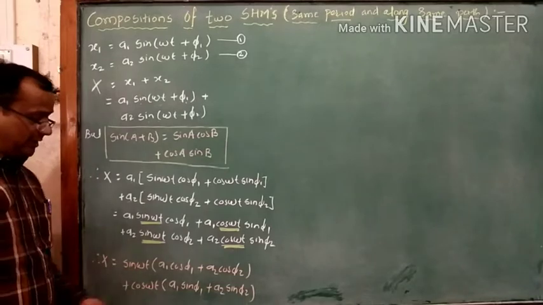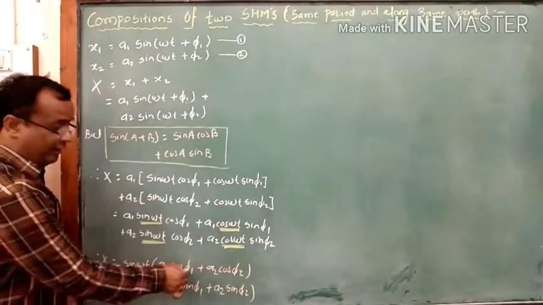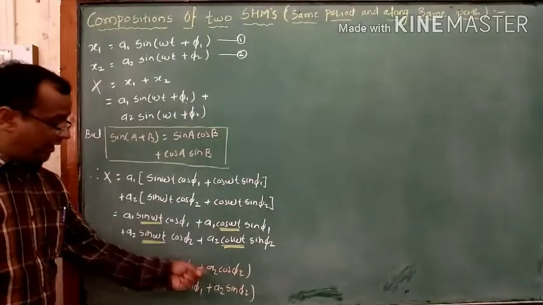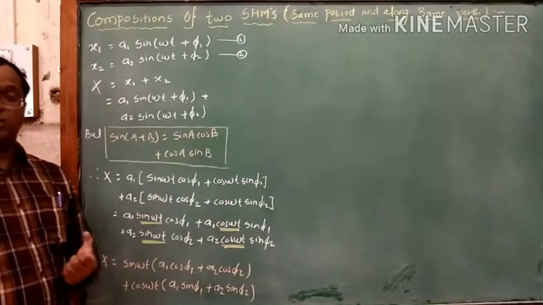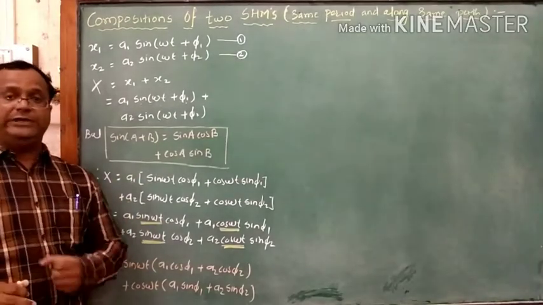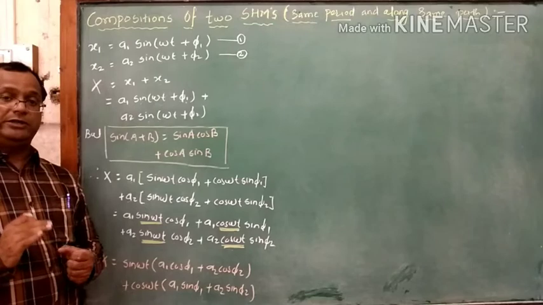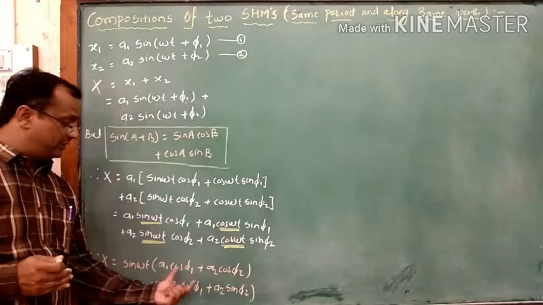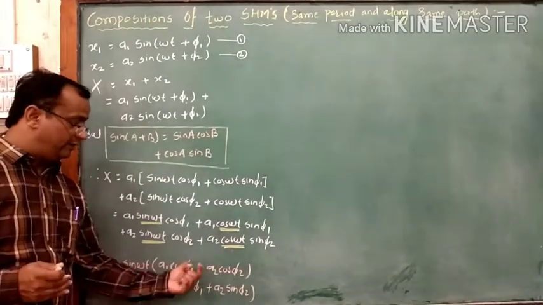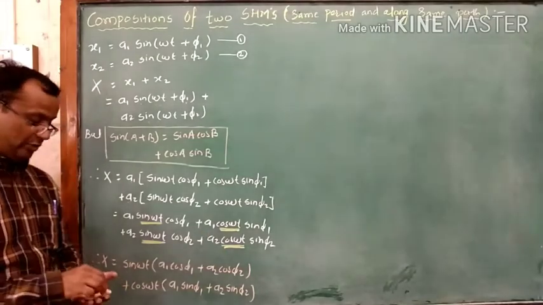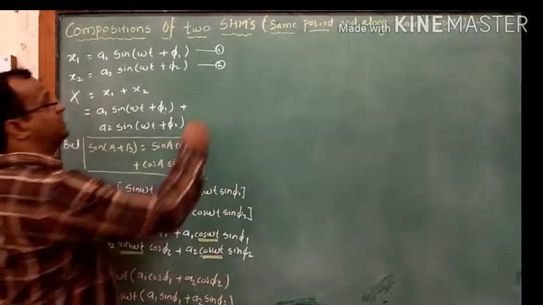Now here A1 and phi 1 are constants. Again, A2 and phi 2 are also constants. For our convenience, we take another constant which includes A1, phi 1, A2, phi 2. So what we get here? Let's